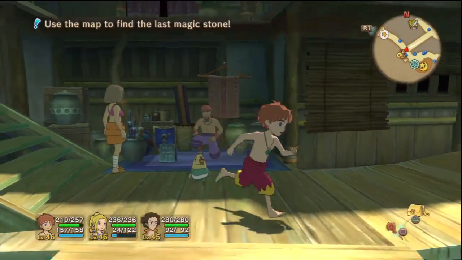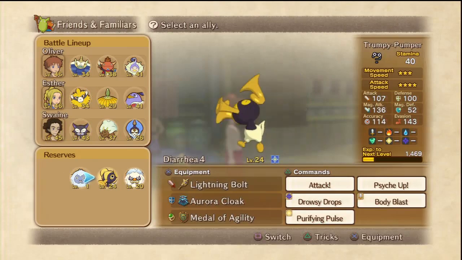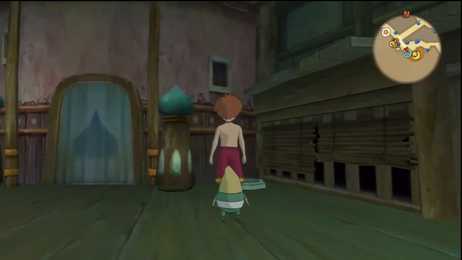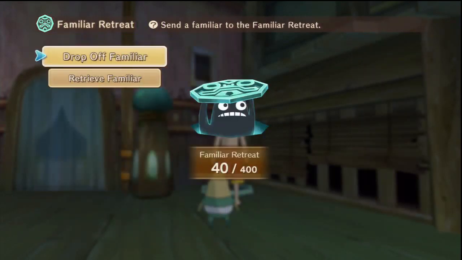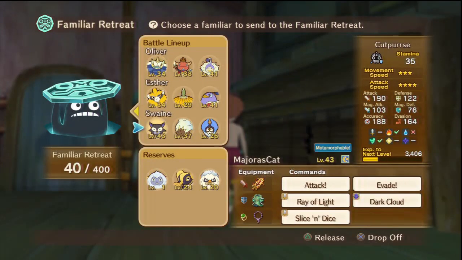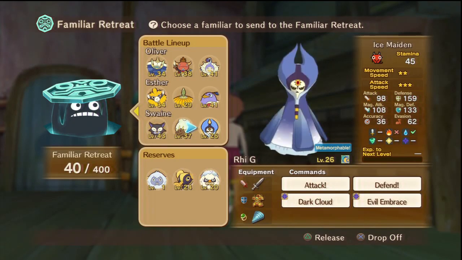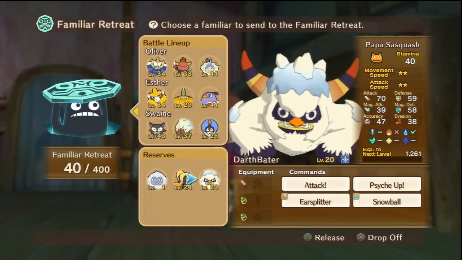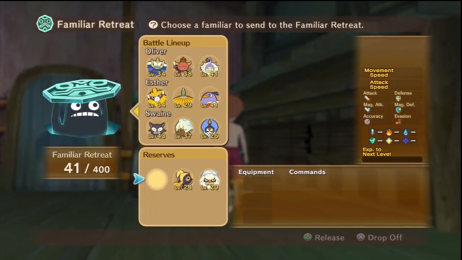Now, off screen, I did actually manage to catch one of those familiars in the flower. We're gonna have to go take him out, but do that right over here. So what we'll just do is drop off familiar. Let's see, I think we have the proud one, which is her. We have snow on his head, which is him. And then the one that's in a flower, which is...